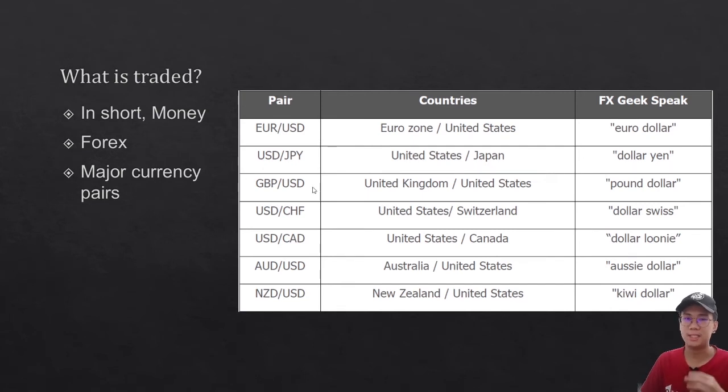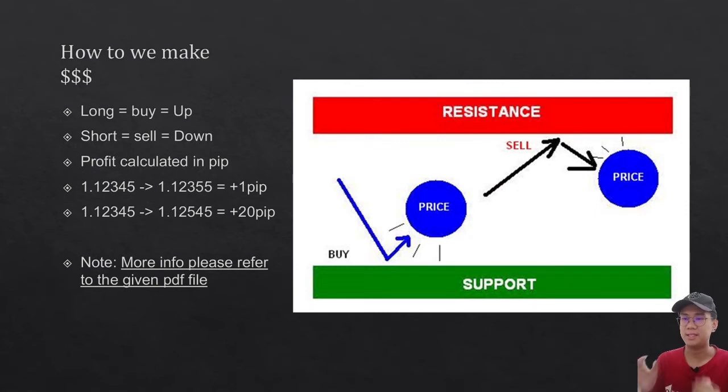And basically this is just a conversion rate between the currency pairs. And how we actually make money is that when you buy, you're expecting it to go up, right? When you buy, you expect it to go up, then you earn money. When you sell, you expect the price to go down, you earn money. But if the price goes inverse, like let's say you buy over here, the price goes down, you are eventually losing money.